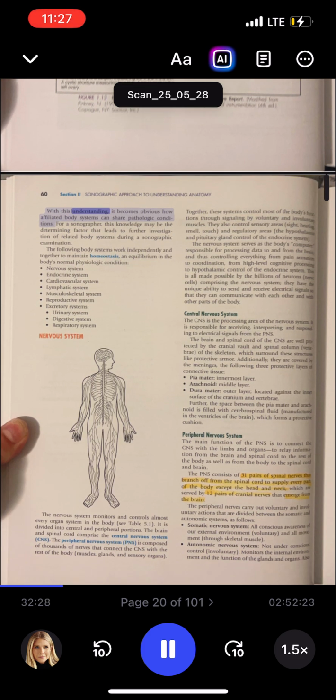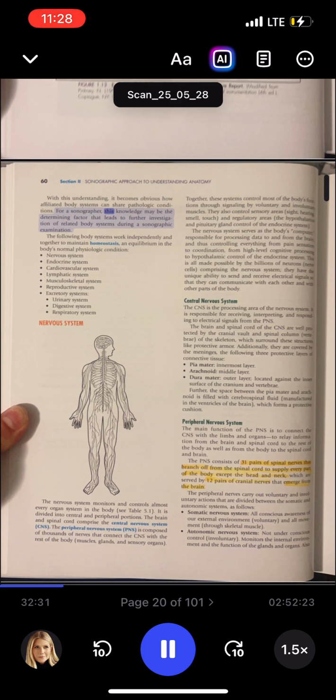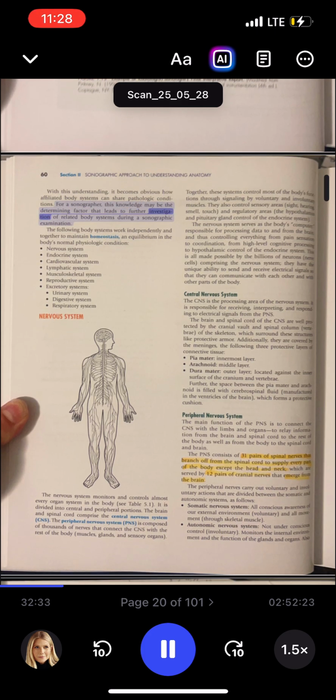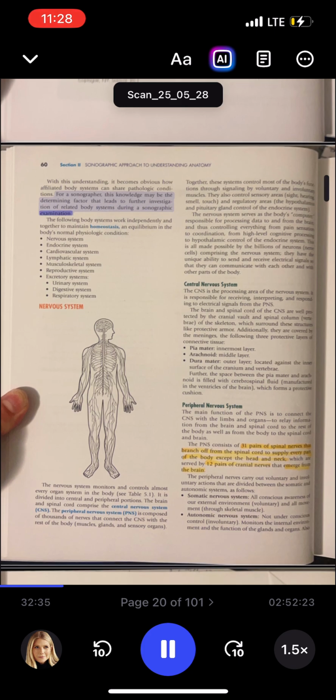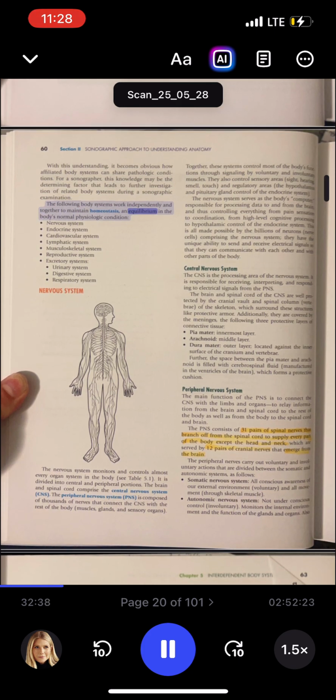With this understanding, it becomes obvious how affiliated body systems can share pathologic conditions. For a sonographer, this knowledge may be the determining factor that leads to further investigation of related body systems during a sonographic examination. The following body systems work independently and together to maintain homeostasis and equilibrium in the body's normal